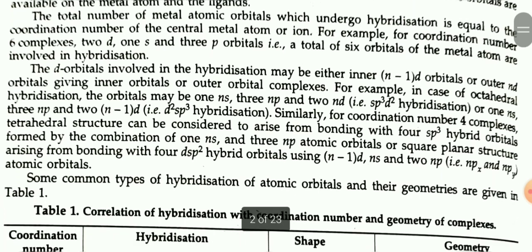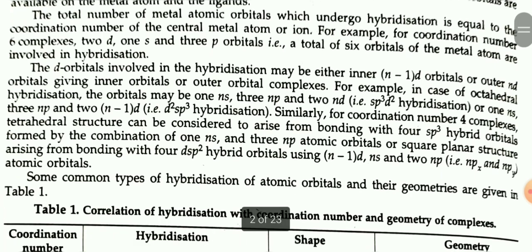The d orbitals involved in the hybridization may be either inner (n-1)d orbitals or outer nd orbitals, giving inner orbital or outer orbital complexes. For example, in case of octahedral hybridization, the orbitals may be 1ns, 3np and 2nd, or 1ns, 3np and 2(n-1)d. Similarly, the coordination number 4 complexes with tetrahedral structure can be considered to arise from bonding with